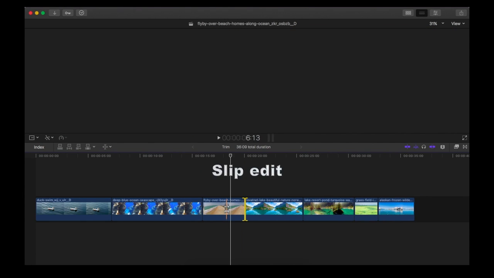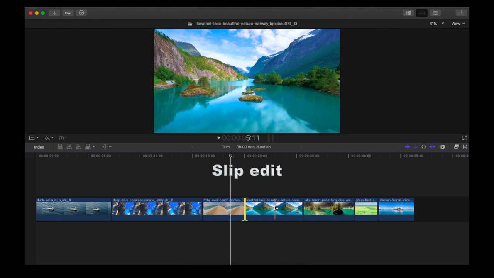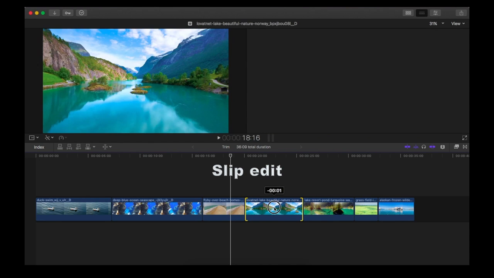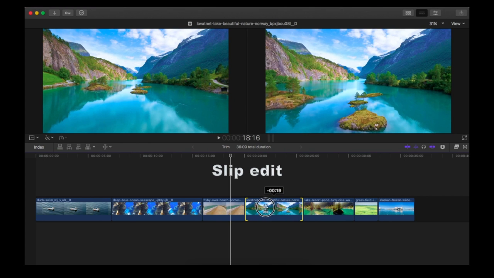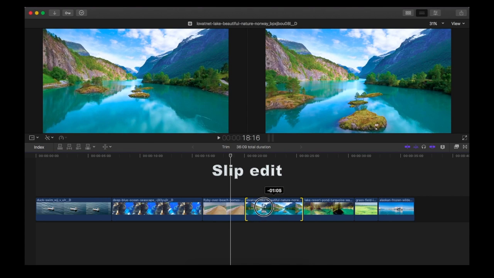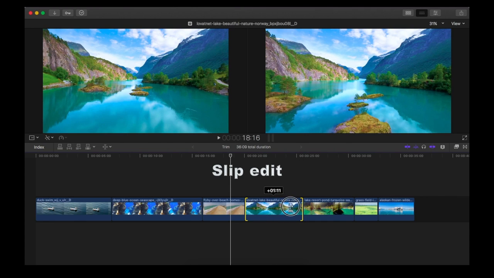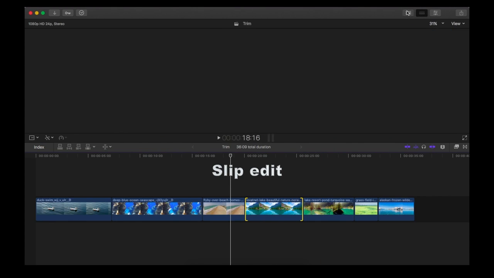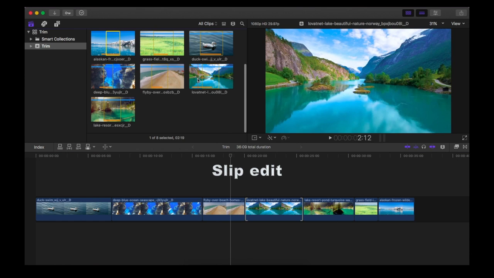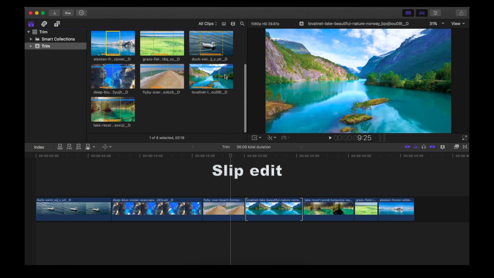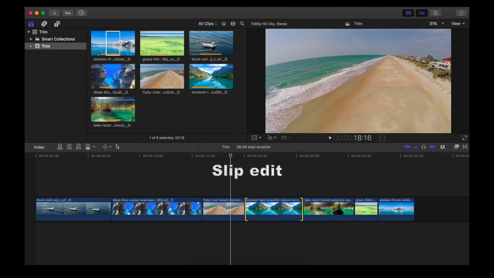The third edit is called slip edit. Sometimes you need to change the clip's content added into the timeline. The slip edit can be activated by taking the pointer within the clip area. Click and drag right or left to adjust the content of the clip. Notice that we need not create the selection range in the browser, then add them into timeline. Rather, change the clip's content in the timeline itself using the trim tool Slip Edit.